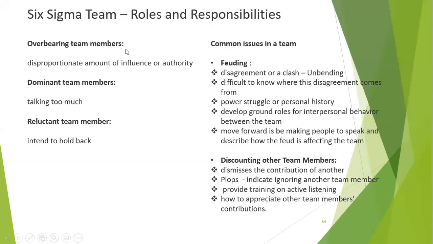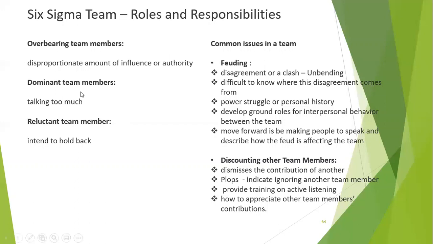Sometimes, if you are selecting the team, there will be some challenges within the team members. For example, for the Six Sigma team, you will collect members from multiple interdepartmental teams. Sometimes this problem is created by some influential member. For example, you take one guy who is very close to your CEO, and he will always play his influence or authority there. These are some of the challenges when you create a team.